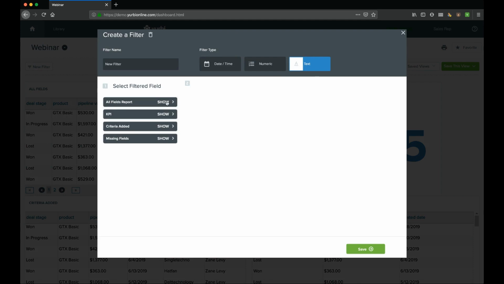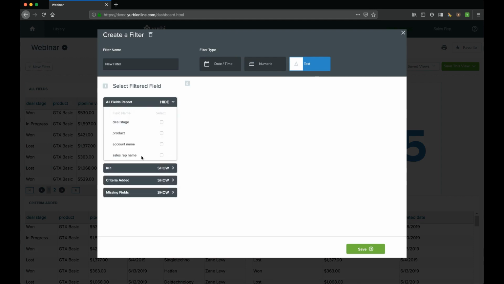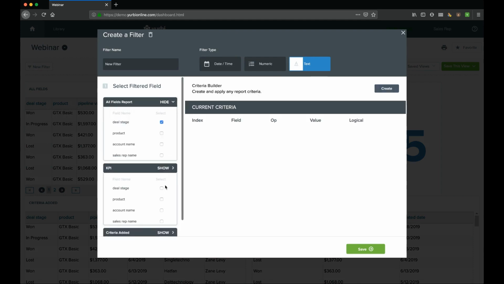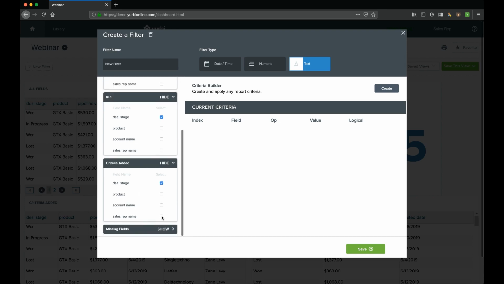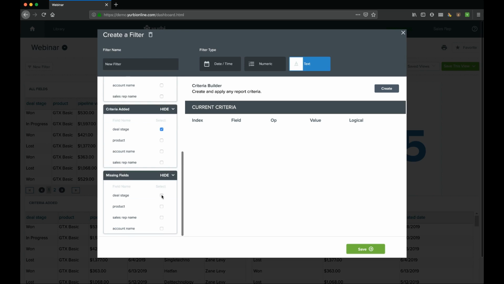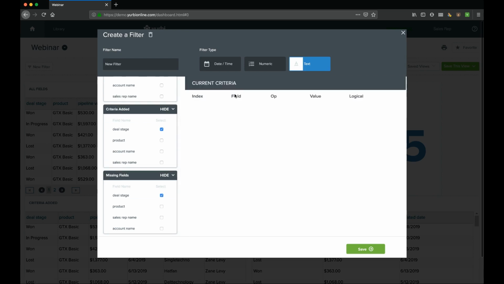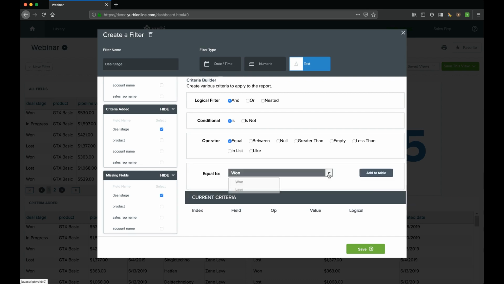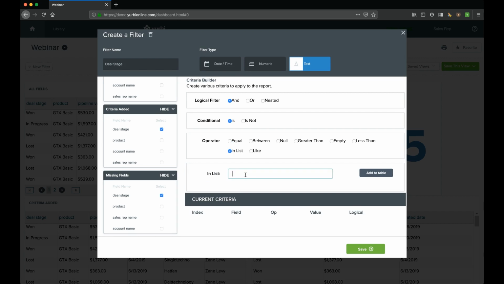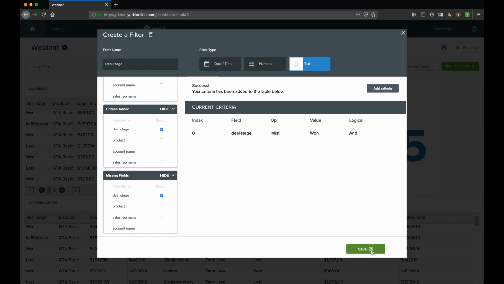Let's go in and see if they want to do a filter based on deal stage. That's one that we hadn't taken a look at. And let's go ahead and make this an in-list filter so they can multi-select. So I'm going to create that filter. I'll give it a name. Very easy to forget to give it a name. Always go back and do that. I'm going to do an equal just to see what my choices are. Won, lost, in progress. I'll do an in list and I'll put Won on that